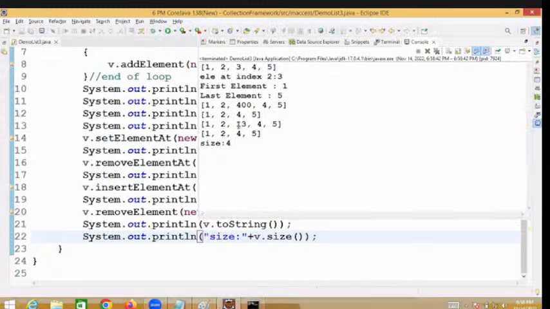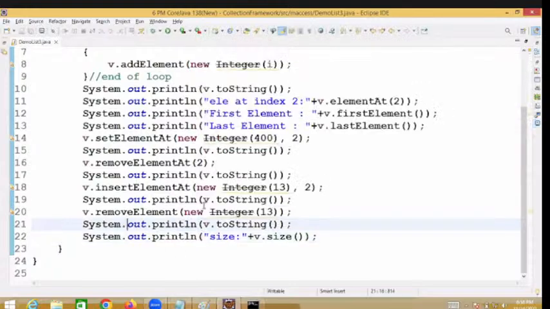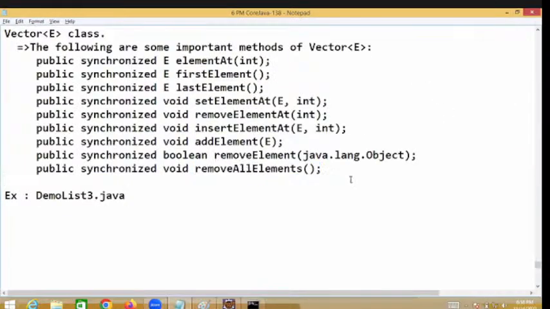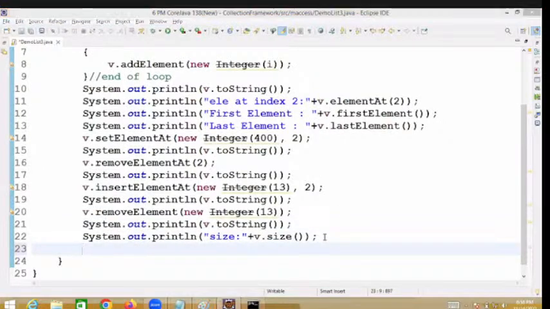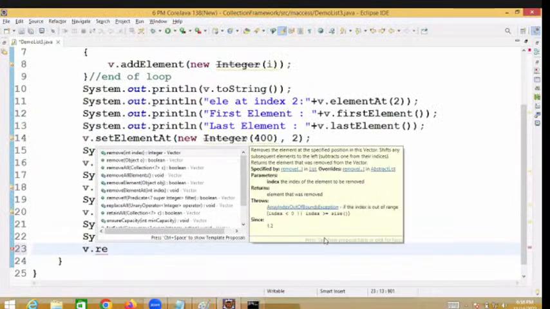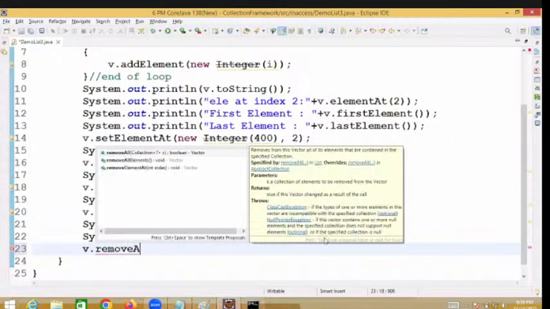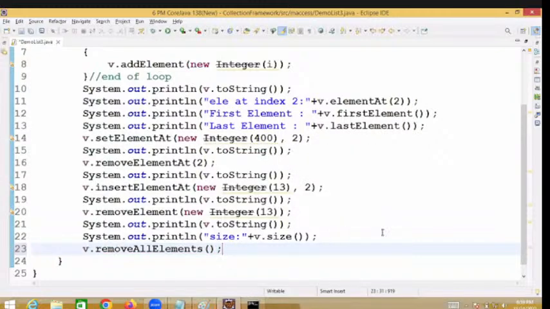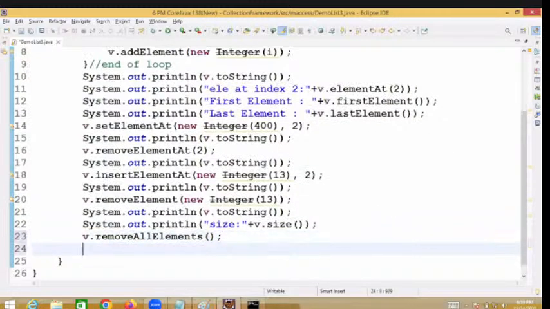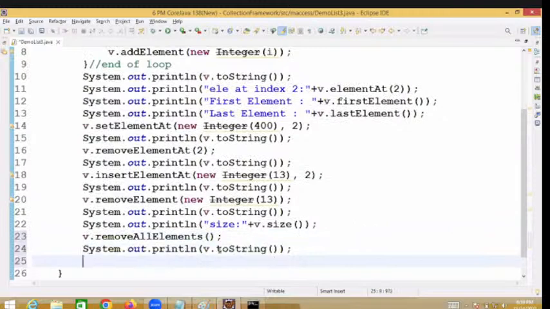Size. So here 13 removed by the object. Size is 4. Now we had one more method known as removeAllElements, meaning clear it. You can say removeAllElements is a void method. v.removeAllElements(). Whenever you say removeAllElements and display the size,